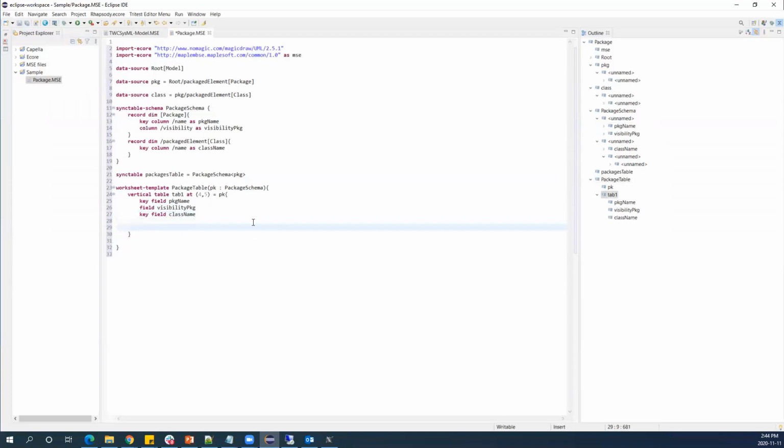So we have got information of all the columns that we want to display, and I could include a sort order, the way in which the table has to be sorted and displayed in Excel. I want to sort it based on the package name and then the class name. So there, I have created a simple file. Now let me go ahead and launch this.